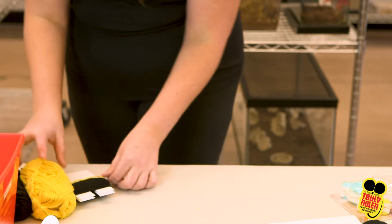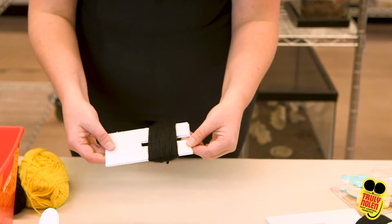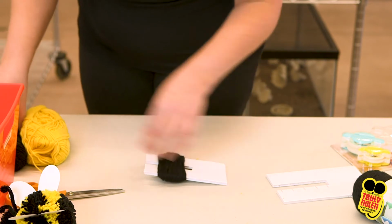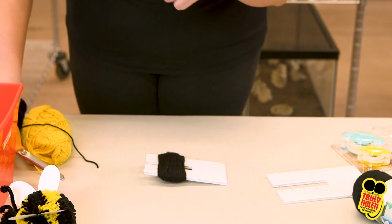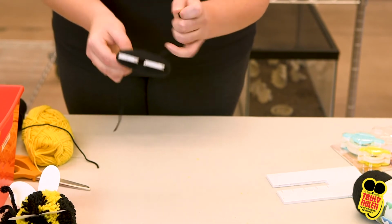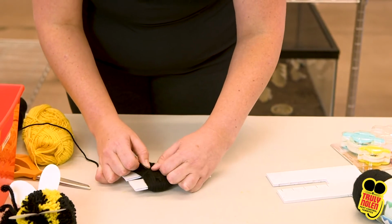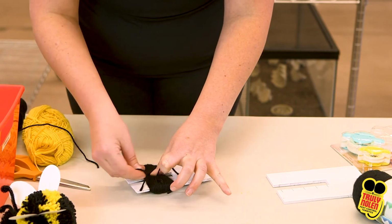So then we have the head of our bumblebee that we can make. Now we can either do that with the foam board that we had done before, and with this one we don't have to do it where it's got the little markings on it, because obviously we're just in one color. So with this, in order to create your pom-pom once you've wrapped all of that around, go ahead and take a piece of your yarn, and you're going to thread that down through this end like that, and then bring it up on the other, and then very gently, because we don't want to break the yarn, and then put your finger down to go ahead and hold your place, tie your knot again,